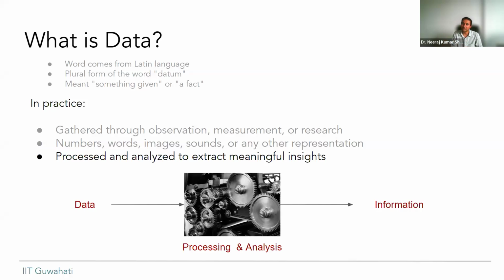And besides textual data, which is largely words and numeric data, we also have images. We are clicking a lot of photos every day. We are making a lot of videos every day. You are seeing that video right now. So this will be put up on YouTube as a stored video, and you can see the recording anytime. A lot of data is also coming in the form of images and audio, sounds. So we have a lot of music streaming facilities around us. And there are also various other forms of data, such as biomedical data and neuroimaging data. So we are every day creating new kinds of data, thanks to the development in sensor technology, which is enabling us to capture data